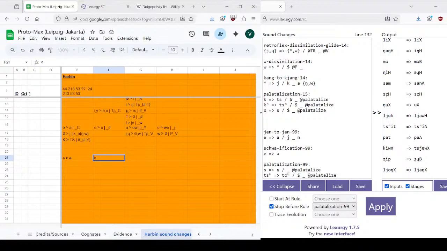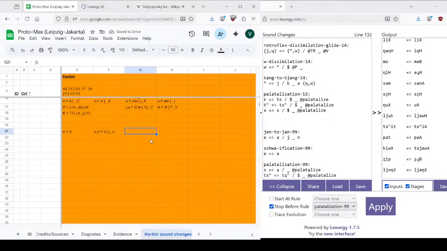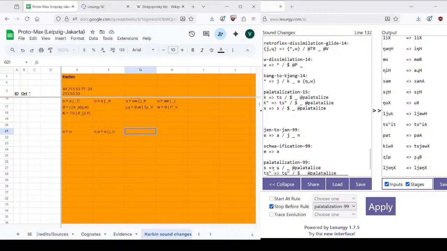e or schwa to I think between yeah and na. I don't know why I capitalized that. And finally, this goes to the palatal series. Don't even know how to put this in. Yeah, I guess this to this